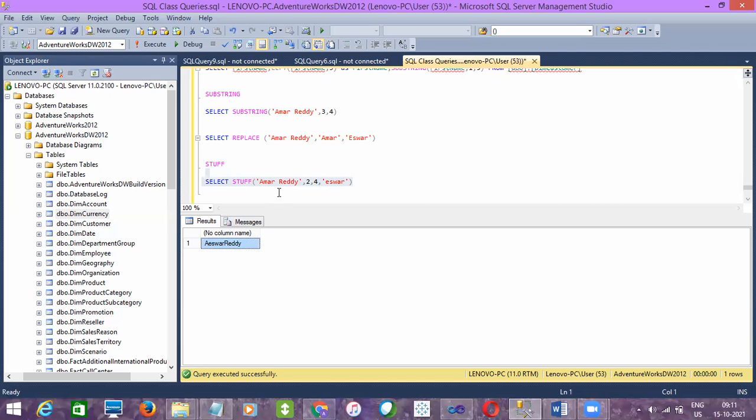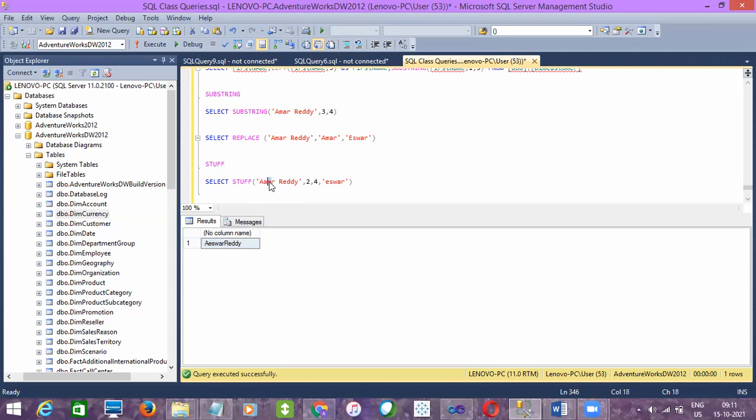See what happens, the stuff function accepts 4 arguments. The first argument is the input string, the second argument is the starting position of the value you need to replace, and next is how many characters you want to replace. Starting with the second character, I want to replace the next 4 characters.